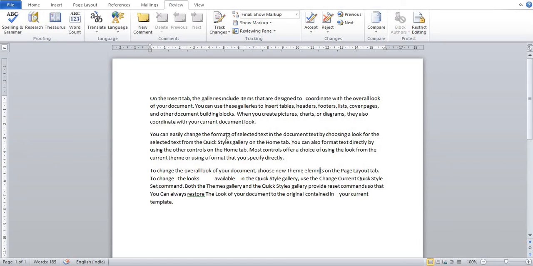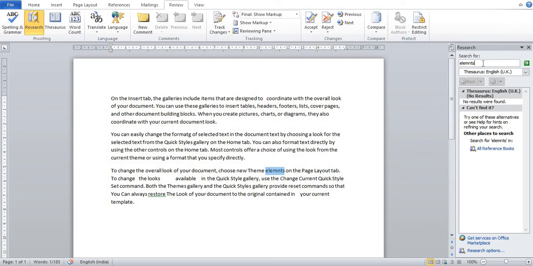Now our next topic is thesaurus. Thesaurus consists of words in a group of synonyms which improve your vocabulary. Moreover, you can change a word to its synonyms to express the meaning more accurately. Now, how to use thesaurus? Just go into the Review menu and you can see the Thesaurus option. Click on Thesaurus.